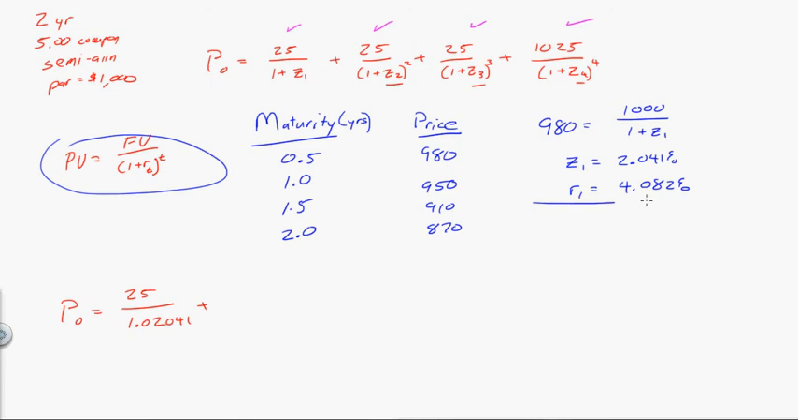Do this the same way. 950 is equal to 1,000 over 1 plus Z2 squared. Z2 is equal to 2.598%. So R2 is equal to 5.196%. Alright, so if the algebra confuses you, go to Khan Academy and look up some algebra stuff, or come talk to me. But anyway, I want you to understand the point of this, and the point, once again, to